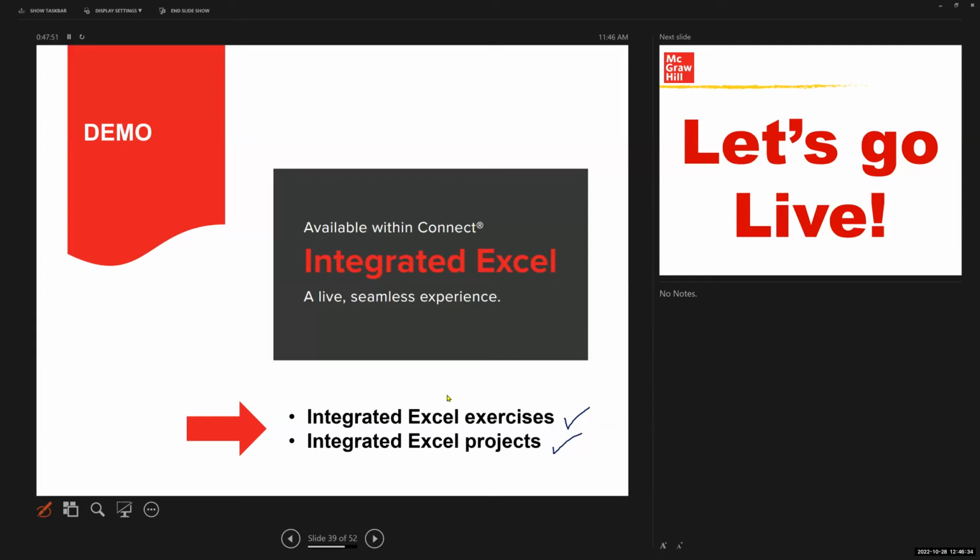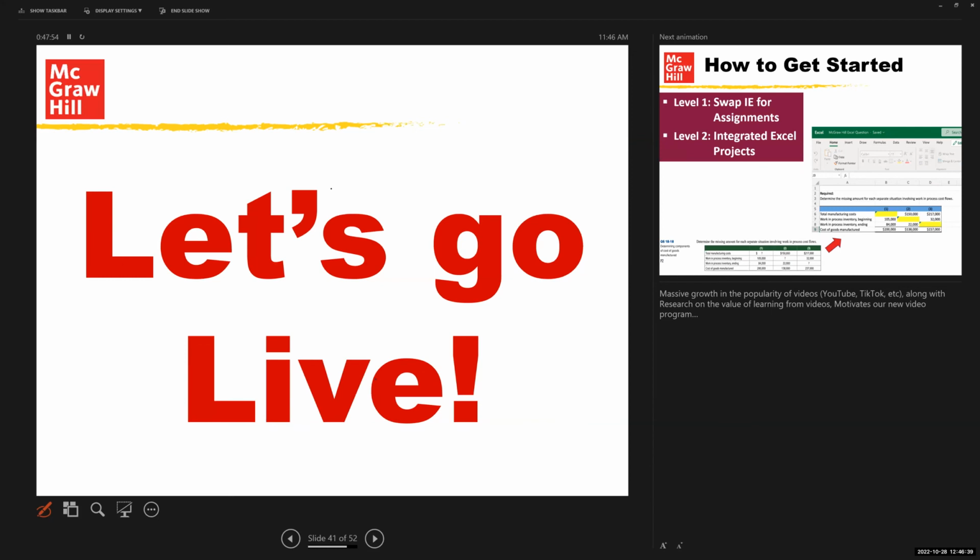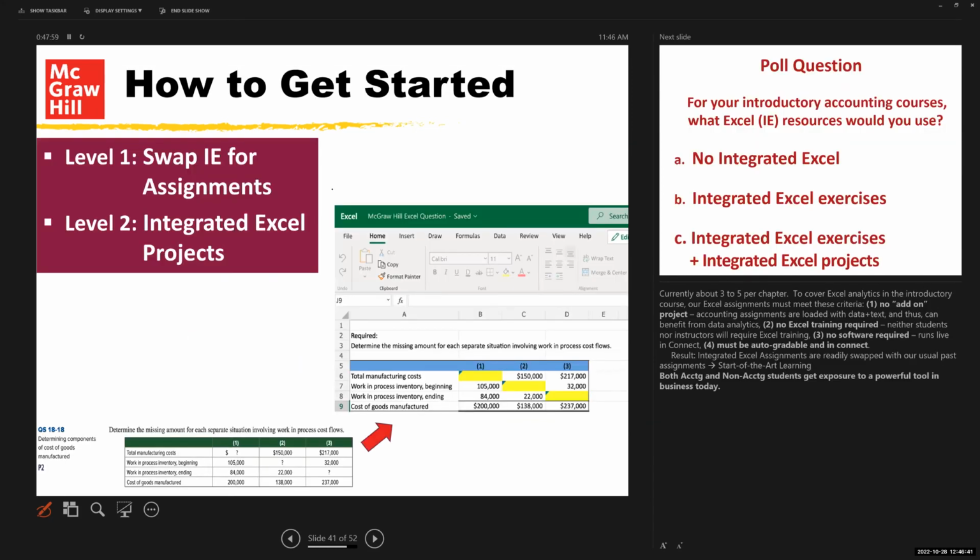Okay, I'm going to share my screen. All right. So Jonathan showed us live Excel. So here you have the same sort of options that we had for Tableau. Level 1, I'd call this, is swapping in the integrated Excel for our current assignments. I've done that this term for a handful to see how they work, and they've worked really smoothly. So I'm really positive towards this. I haven't done this. Jonathan's played around with the integrated Excel projects, but that would be pushing to the next level.